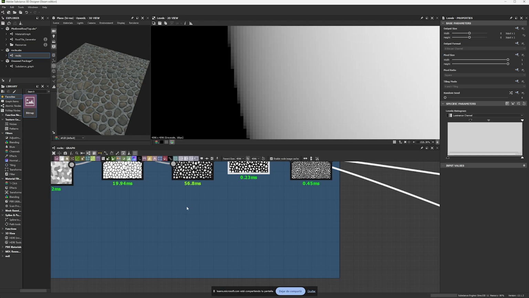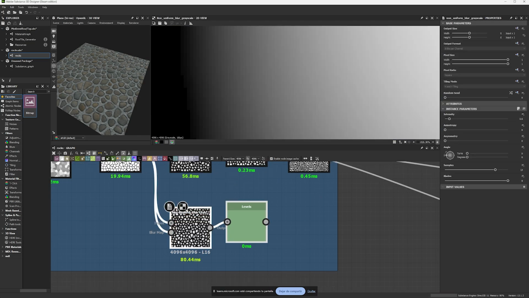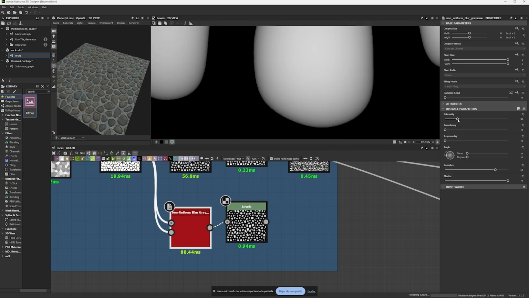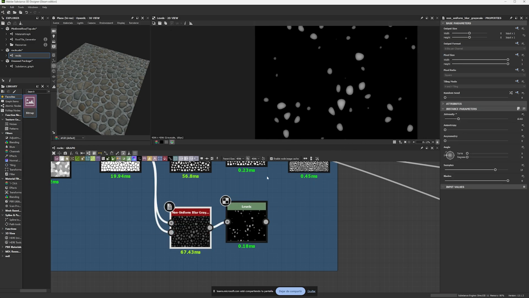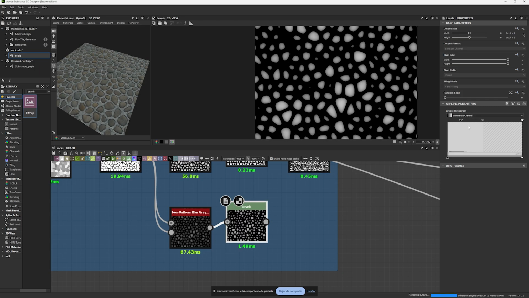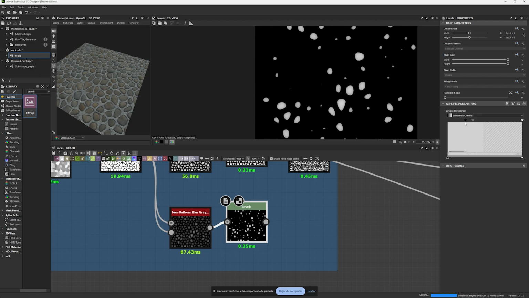Now, to achieve this kind of gradients, what I usually do is I blur this information and then I use the levels to correct this information. Now, the more blurring you add to this, of course, the more the shape will shrink and the rounder the shape is gonna be. With the levels, you can control this information just to get a better graph of it.